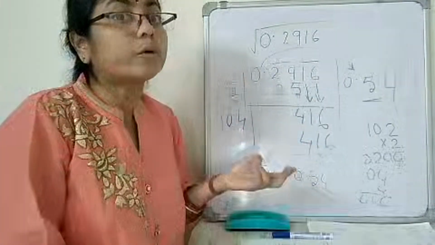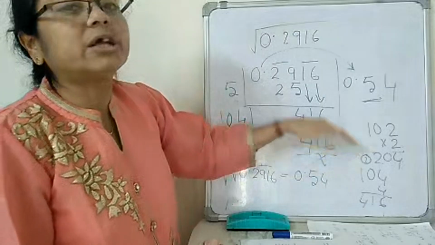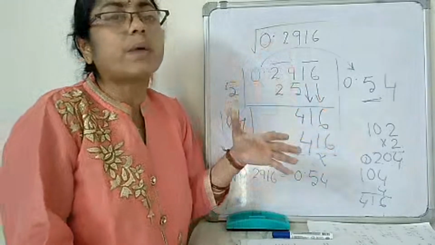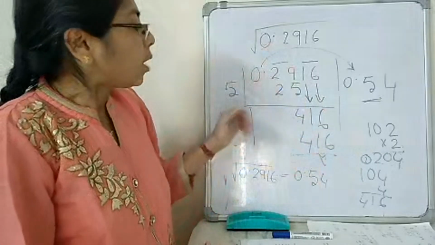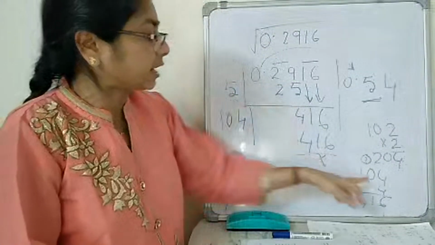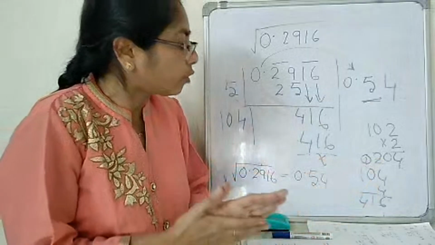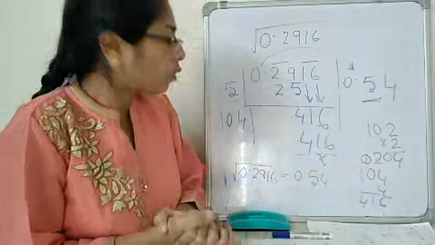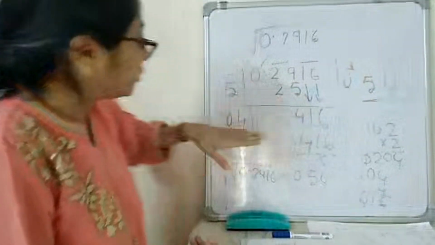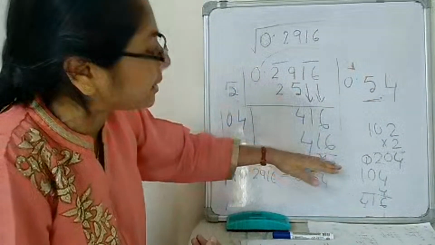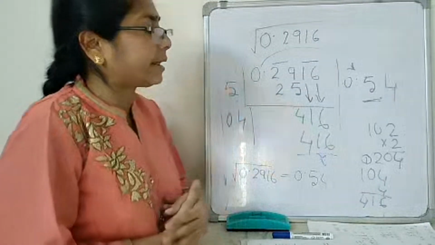Why may it be 4 or 6? Because the last unit digit is 6. So according to the square, we find out which number's square comes to that digit. It is 6 or 4, maybe. So I check it for 4. 104 into 4 is 416. So we write 4 here, write 416 here, and our answer is